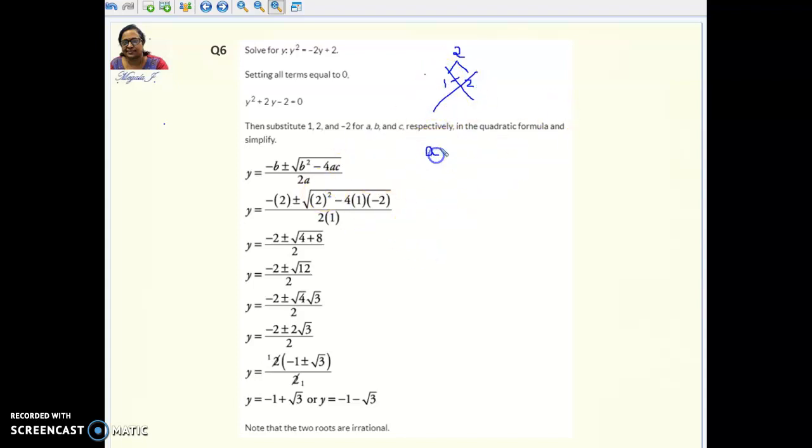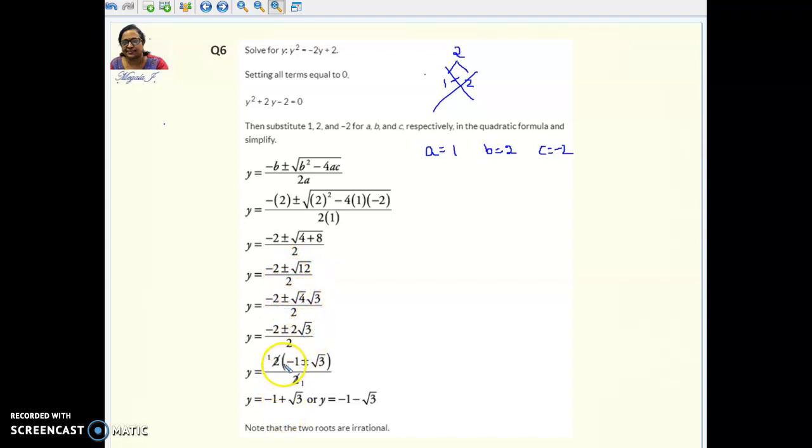So here, what is A? A is nothing but the coefficient of y square, which is 1. B is 2, the coefficient of y, and C is minus 2, the constant term. Apply that here. So you're going to apply minus B, minus of 2, and B square, and then apply all this. Then you're getting this as root 12, and 12 again can be split as root of 4 into 3, where 4 comes out as 2.